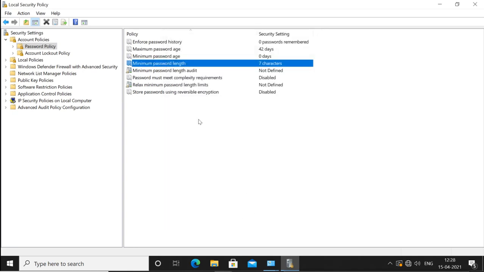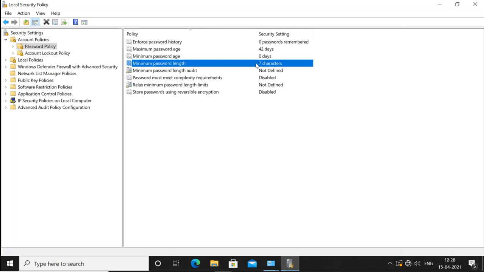Now when the user changes the password, it has to be 7 characters or more. It cannot go less than 7. That means it cannot create a password with 1, 2, 3 or even 6 characters.